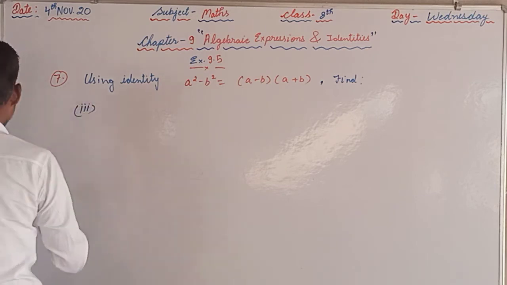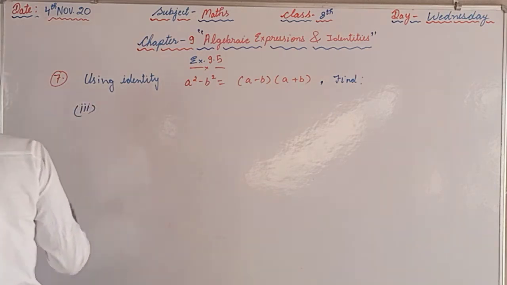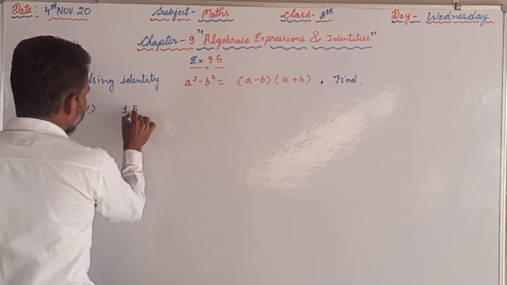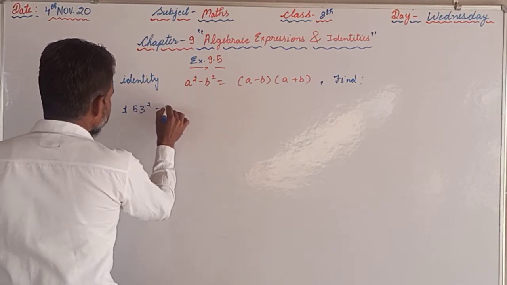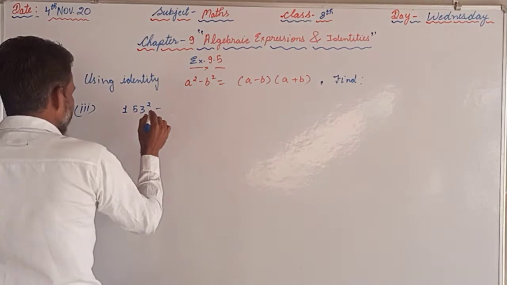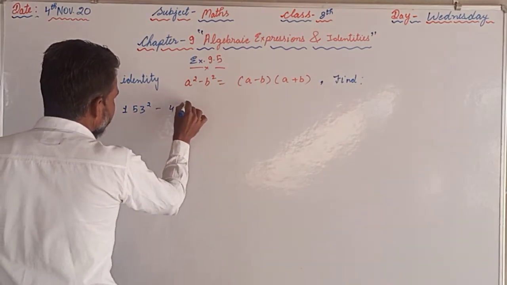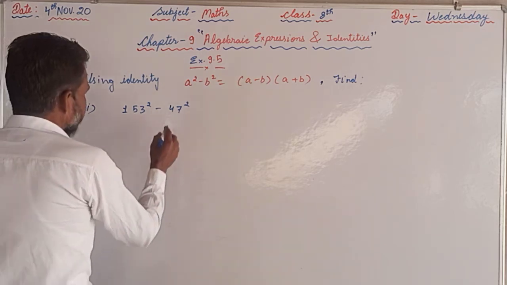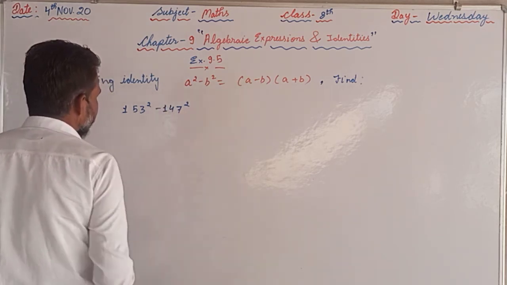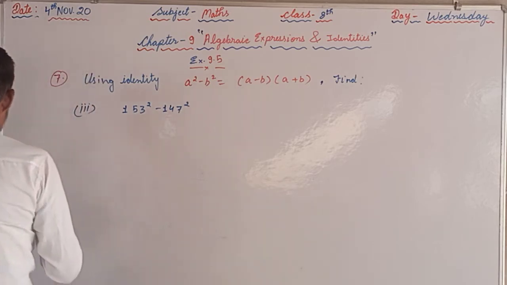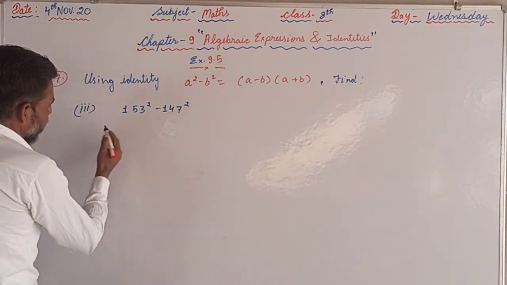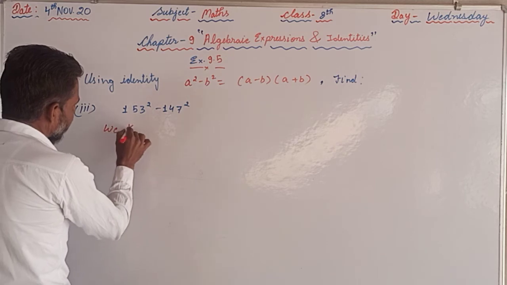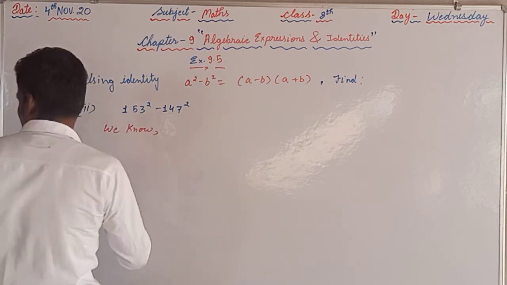In which we are supposed to find the value of 153 square minus 147 square. So again, we are supposed to write what we know,